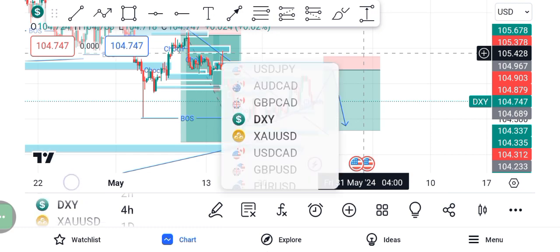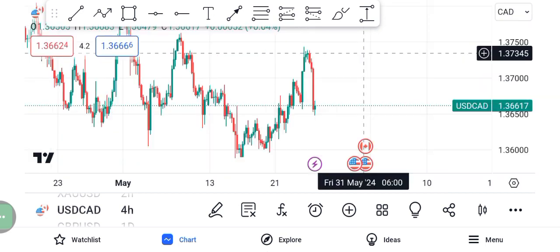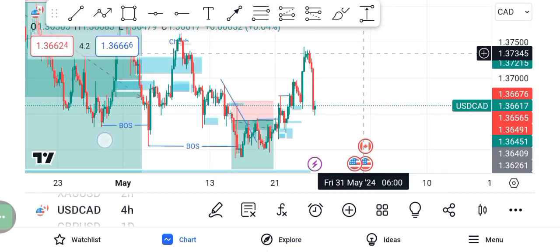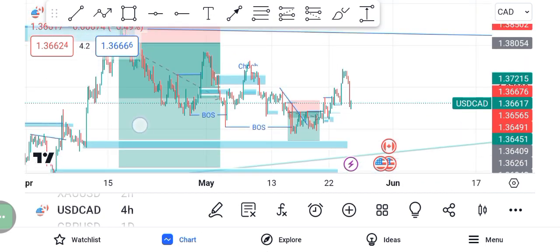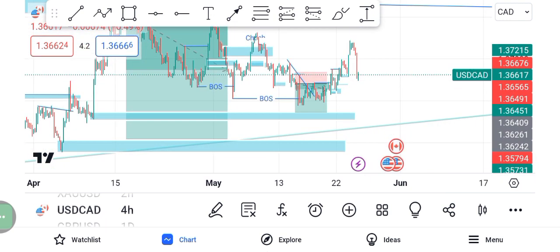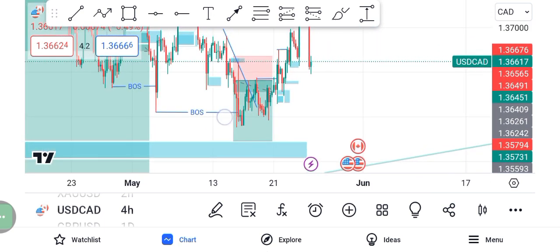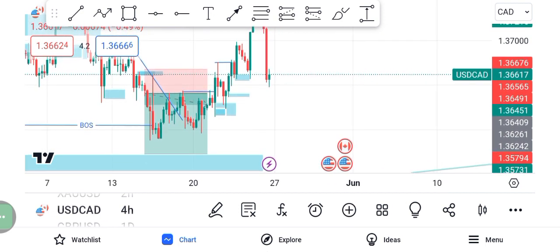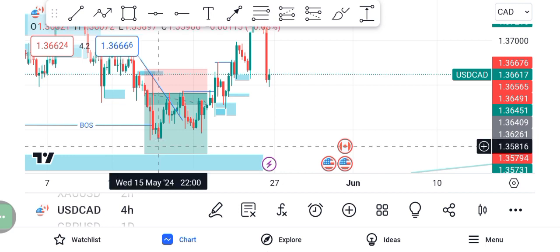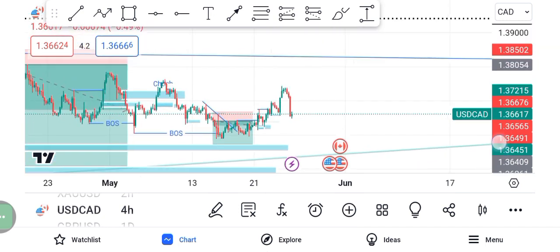So let's go back to USDCAD. I've been taking this trade before. You can see I took this trade before, but it didn't hit my take profit before reversing. Then here I quickly scalped to this point, but it would have stopped me out at 1-to-1, so I took profit before it stopped me out. So this week,